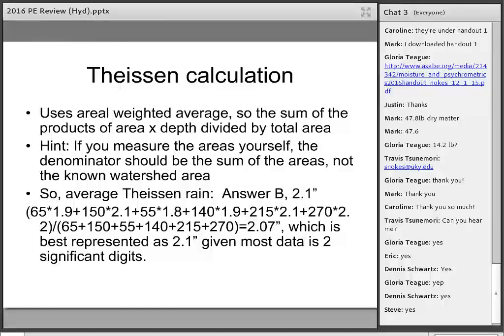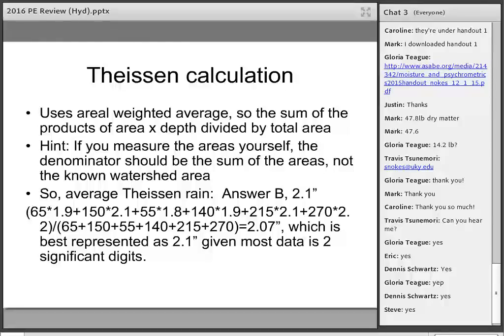When you do that, use the sum of the areas that you calculate, all the small areas, add them up and use that as the denominator, not the known watershed area, because if you made a mistake in your determination, you're going to compound it by using a known area instead of the sum of the areas. If you use the sum of the areas, you're going to still be very, very close to what the average